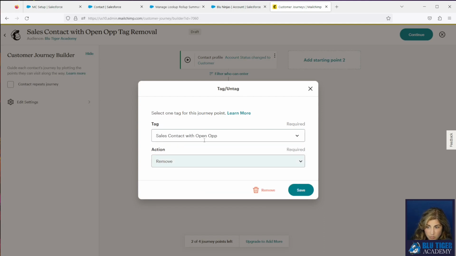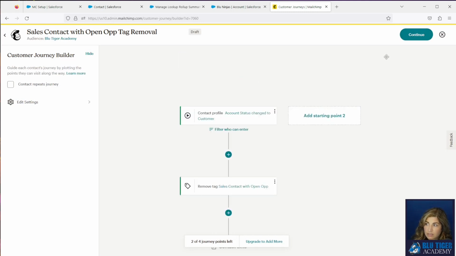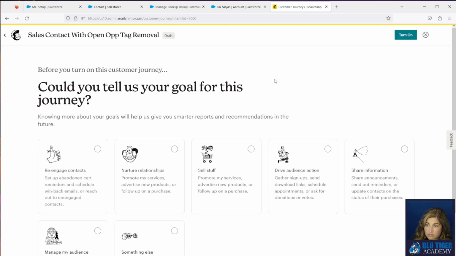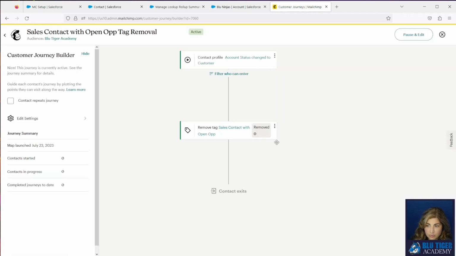So we're going to remove it. We'll click save. We will click continue. And then we'll click turn on. You can click view, and we can see here that our journey is all set to go.